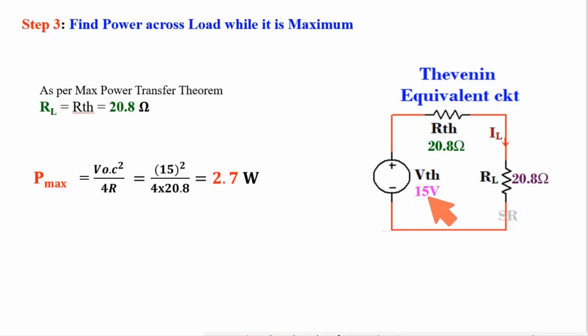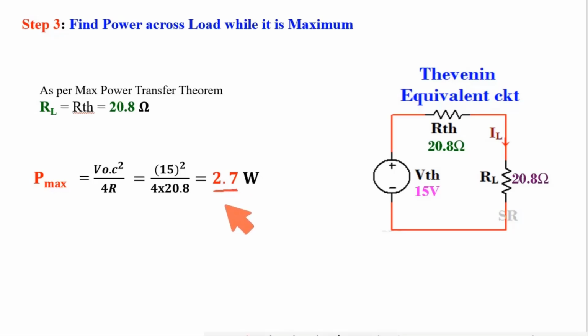So putting RTH and VTH in the equivalent circuit, this is that equivalent circuit. RL is the load. To get maximum power at the load, the value of this load resistance should be equal to the source resistance, which is RTH. So the load resistance here is 20.8 ohm. Now using the formula Pmax equals open circuit voltage squared divided by 4R, ultimately I got the maximum power at the load,